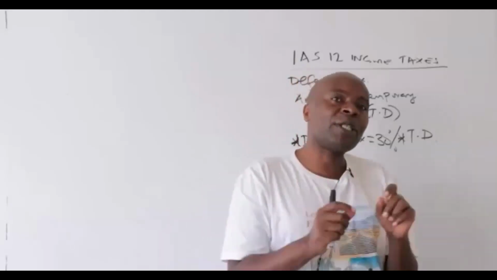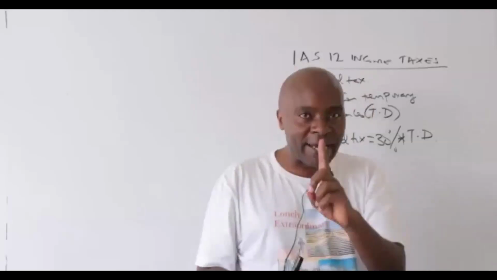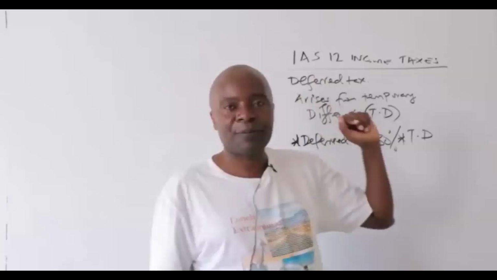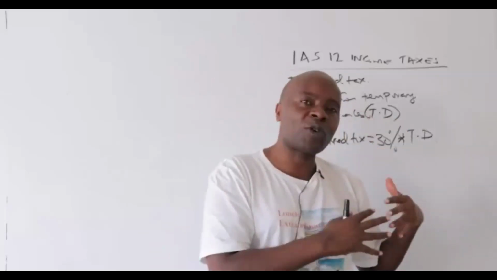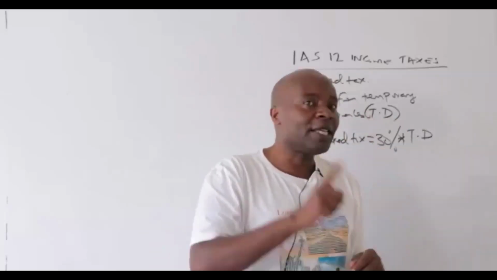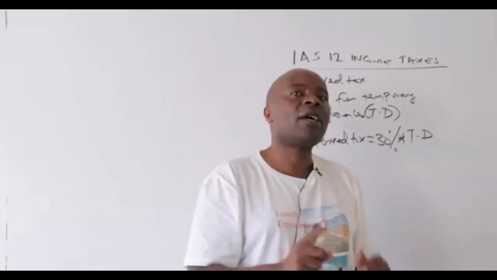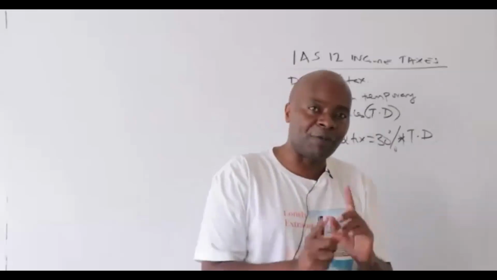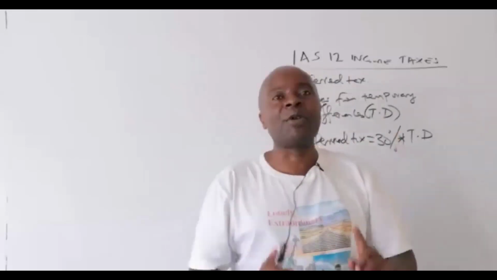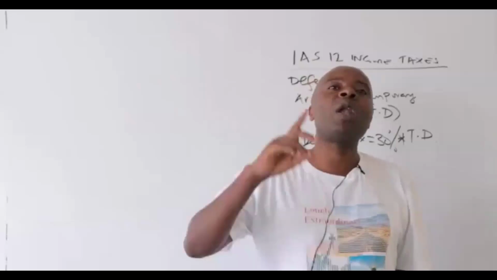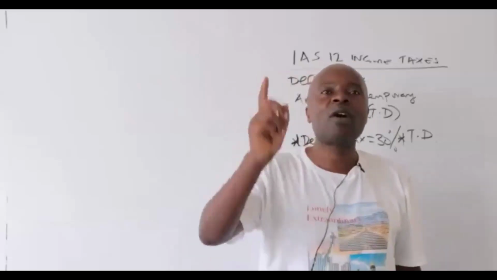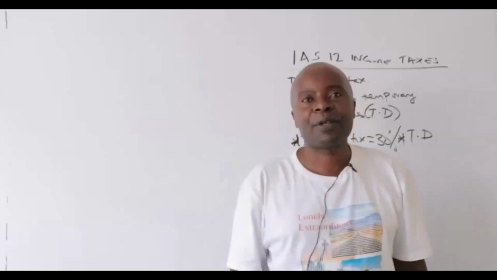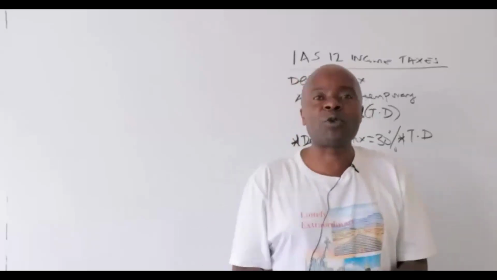So those expenses that lead to what we call permanent differences don't help us in the calculation of deferred tax. There are no deferred tax consequences from such expenses in the future. Remember, deferred tax is tax we shall be paying in the future. We're basically taking it to the future, given what we call the timing differences. They are those expenses that you incur in the current period, but you will never ever get a chance of claiming those expenses from your tax payable. Never. Those expenses are also known as disallowable